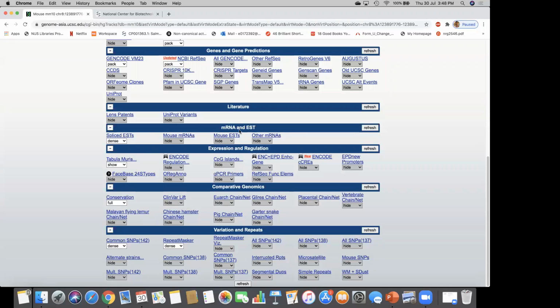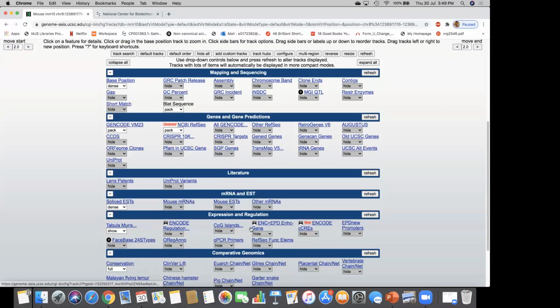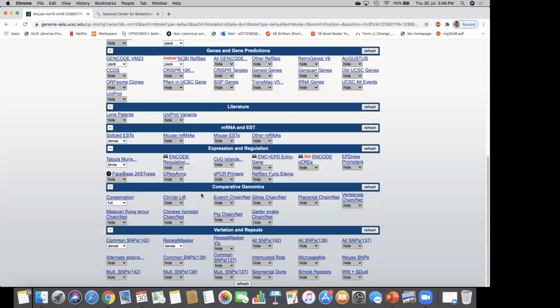For example, if I go to the expression region, I can also see the cell line mRNA. You can also see the different cell lines and the expression levels. In this region you can also check the mRNAs, the ESTs, expression tags, then CRISPR, CCDS, then the protein information.